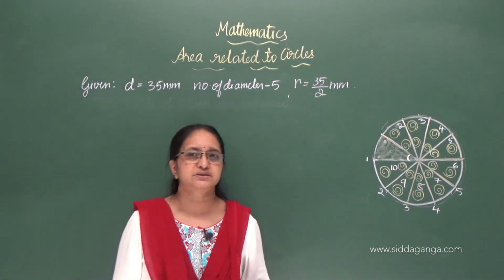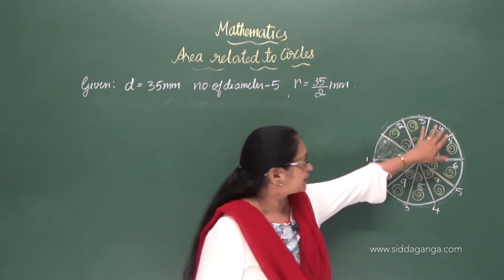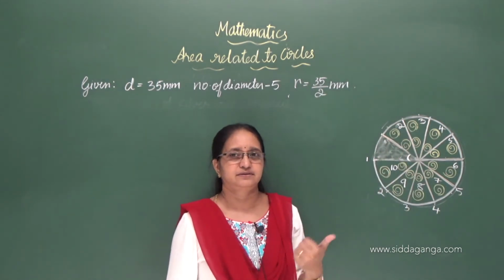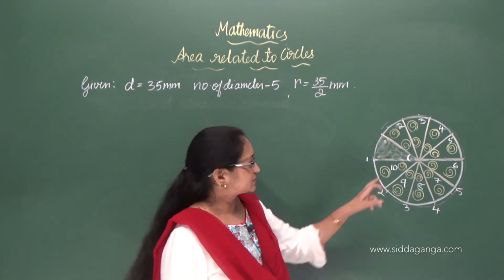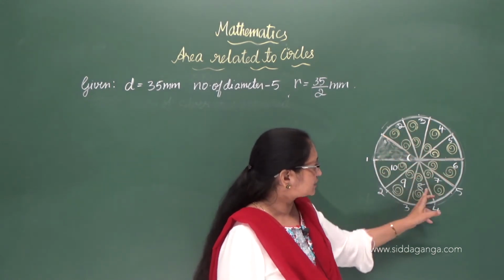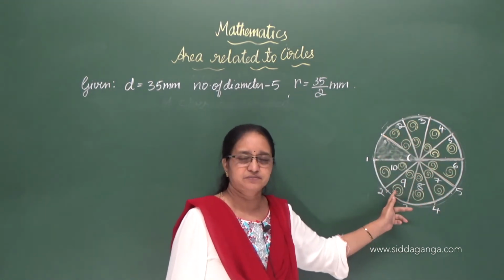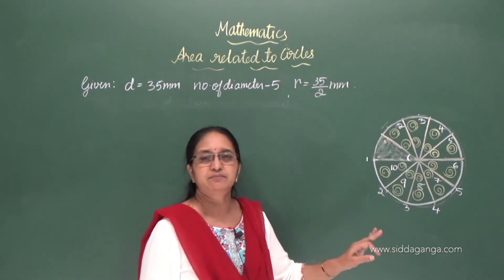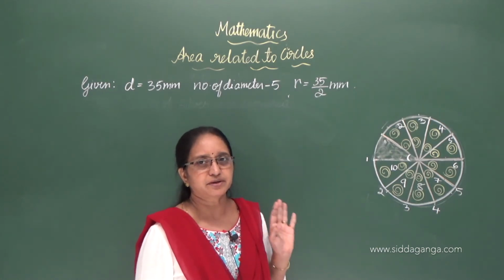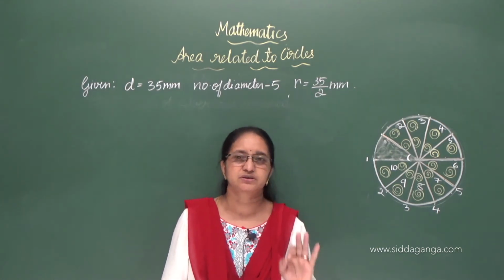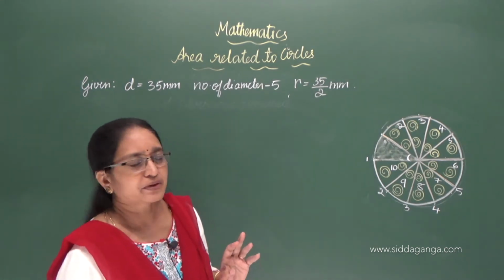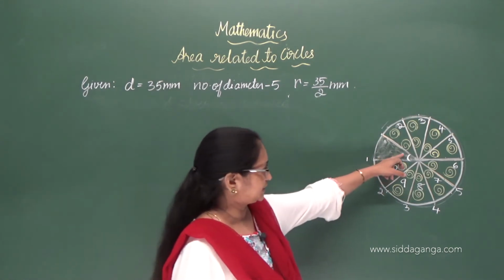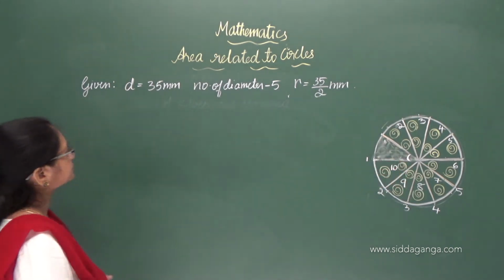The second method is, you can find the area of the circle and divide by 10. Why should you divide by 10? See, how many sectors are there here? 10 sectors are there, so I told you to find the area of the circle and divide by 10. That is a simple method, you can do it. Okay, that method also is allowed. Now I am going to show you the other method, where we find the sector angle and use the formula.